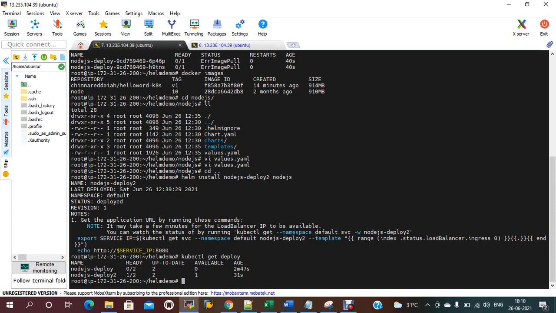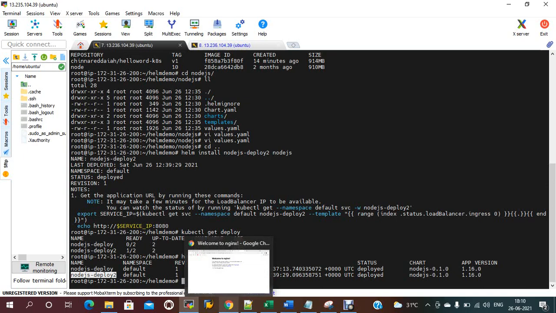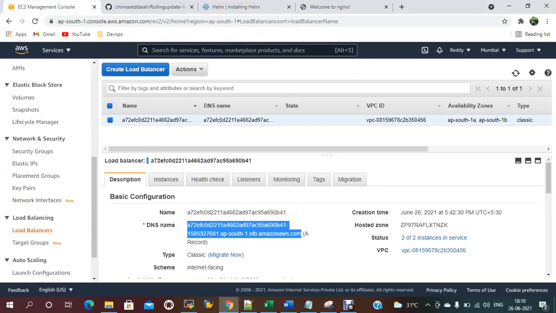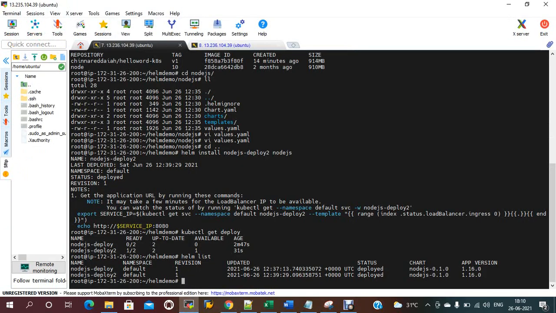Now if you check helm list, we have two Helm deployments, two Helm charts. If you go here and refresh, the latest one is the one I want to access from a service.